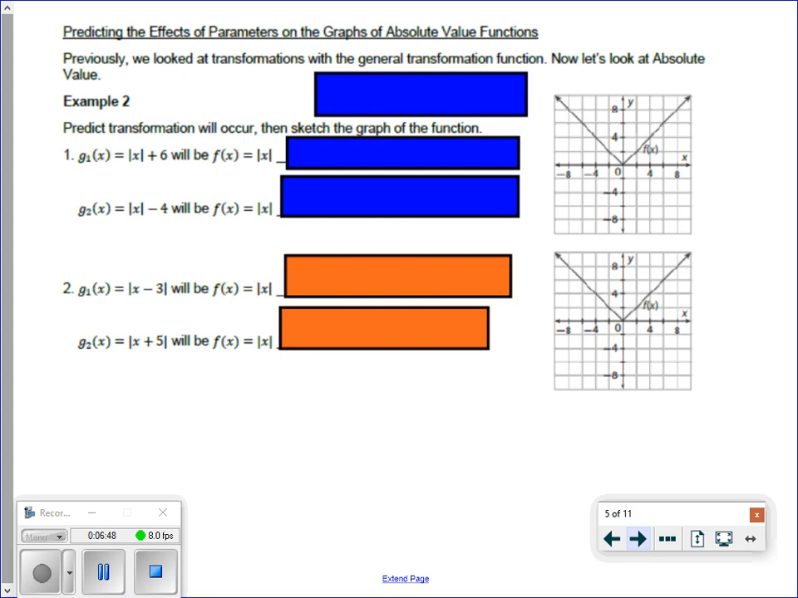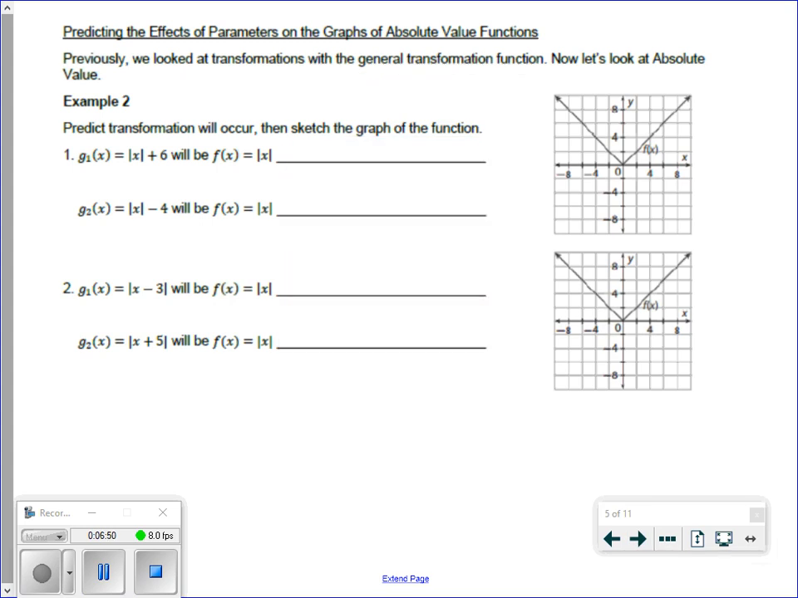All right, these aren't doing anything, so get rid of them. This one, we're going to be looking at the parameters. Sorry about that. We're going to look at the parameters and the transformations, and see how they actually affect the graph. So on number 1, we have g sub 1 of x equals the absolute value of x, all plus 6. Actually, before we break this down or look at these transformations, I want to give you guys